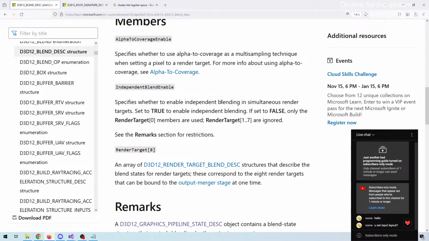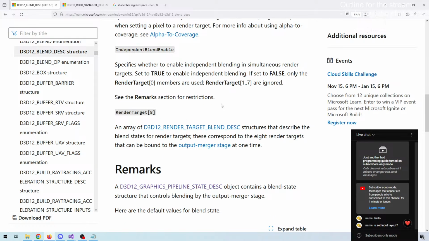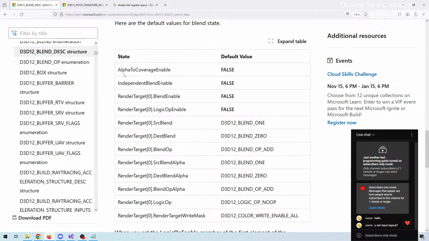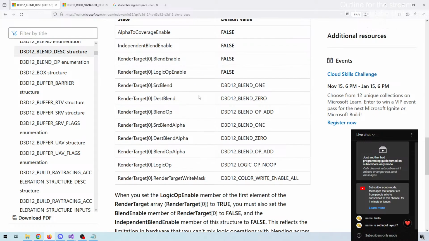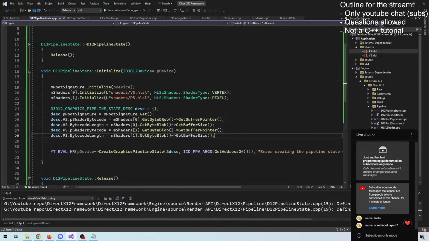Well, let's see. The default values are these. We disable everything. These do not matter. Okay. So basically, if we fill out those,